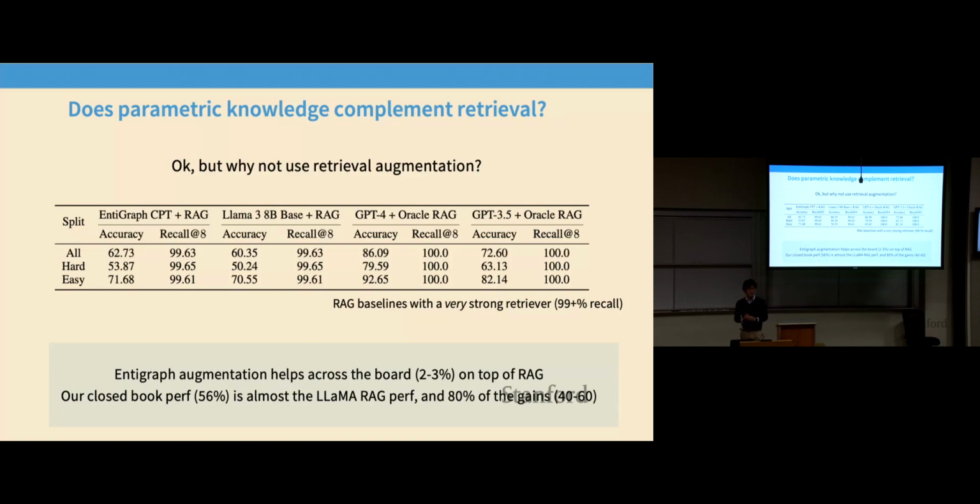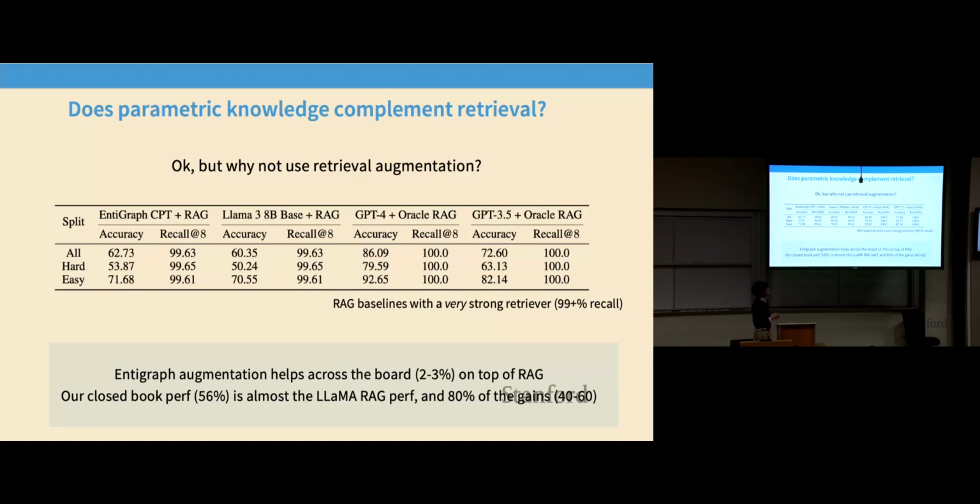I think if you want to build a system today, you're obviously going to build a retrieval augmented system, right? But one of the things that's quite encouraging to me is that when you build a system that has more domain knowledge, it turns out that you get benefits on top of RAG. In this case, we built a RAG system that is incredibly accurate. If you look at the recall at 8 number here, one of my students, Neil, I think he dedicated 2 weeks of his life to just making a really good RAG system. And within the top 8 articles, 99% of the time, the right article is in there, right?